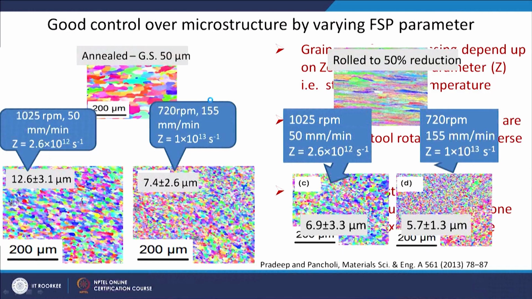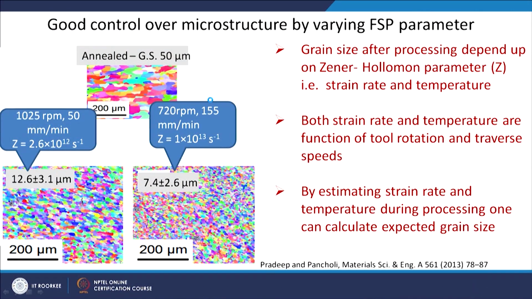If you remember, in continuous dynamic recrystallization we said that in a low stacking fault energy material also you can achieve continuous dynamic recrystallization if the amount of strain is sufficiently high. In these SPD processes, because you are able to put a lot of strain in the material, the microstructure you get has a very high fraction of high angle grain boundaries and considerable refinement. This is the effect on the microstructure.